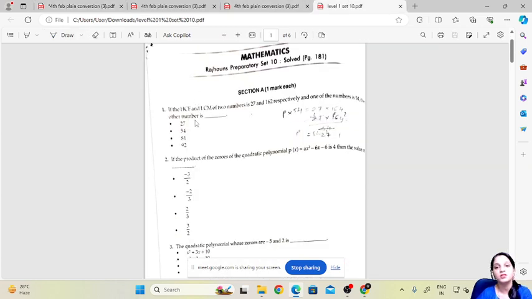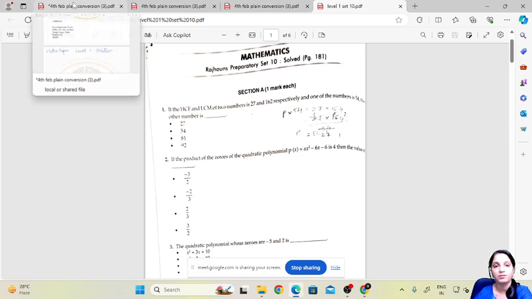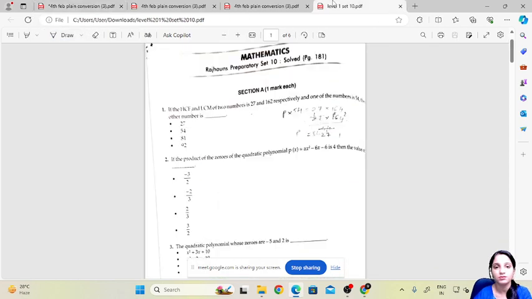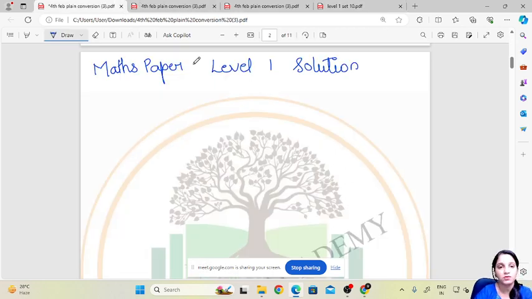Okay, the first one: if the HCF and LCM of two numbers are 27 and 162 respectively, and one of the numbers is 54, then the other number is? 27 and 162. First of all you need to know that LCM into HCF is equal to the product of